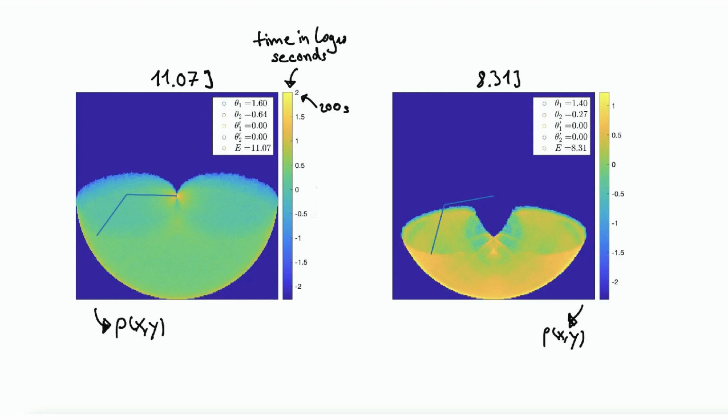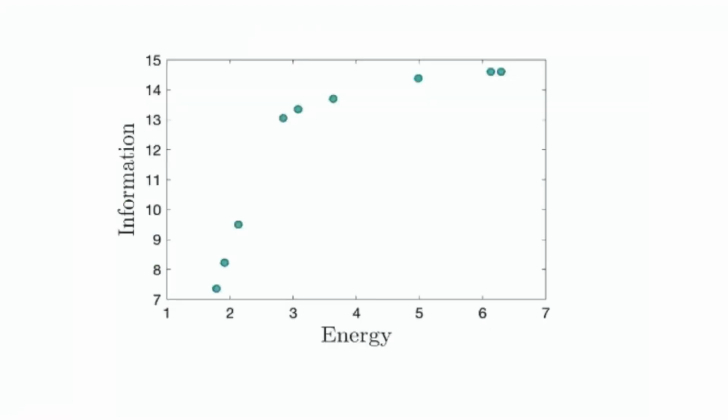We can then normalize this graph and insert this into the differential entropy formula. We get for each energy a location entropy H. We can see the information-energy diagram for random initial positions of the pendulum. I wonder if the problem is solvable at all, and if indeed a residence density can be found that is the same for every initial position of the same energy.